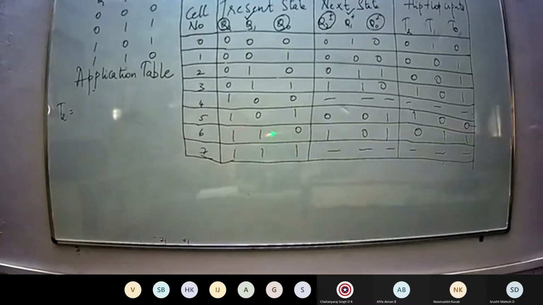Hemant, Vamshi. Put the K map for T2 and tell me the answer.